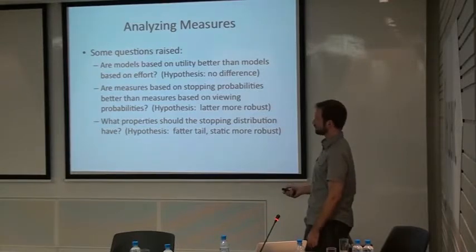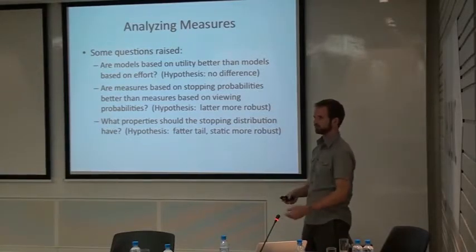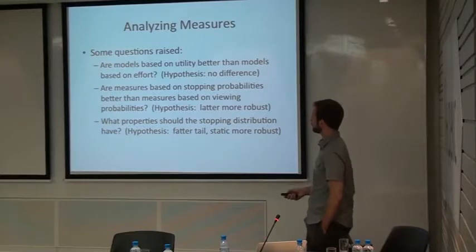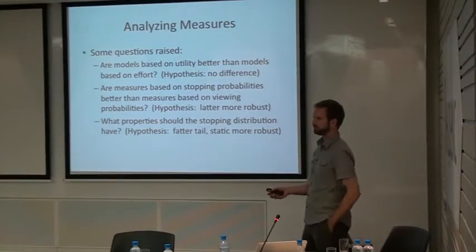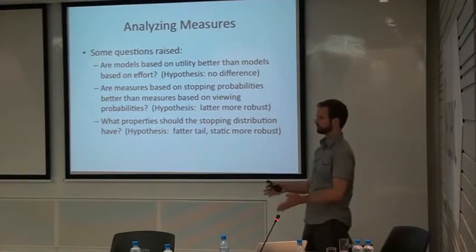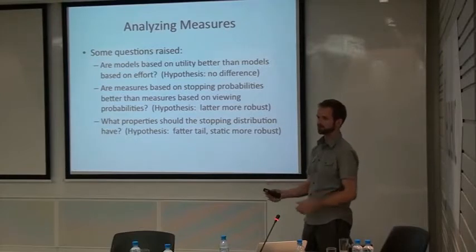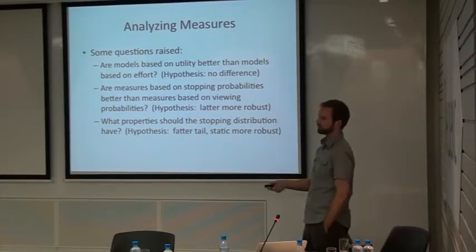We can also look at the dynamic distributions. So these three are static. They're static in the sense that they only depend on the rank. They don't depend on the relevance of the documents up to that rank. The other three distributions are dynamic in that they do depend on the relevance of the documents at the rank